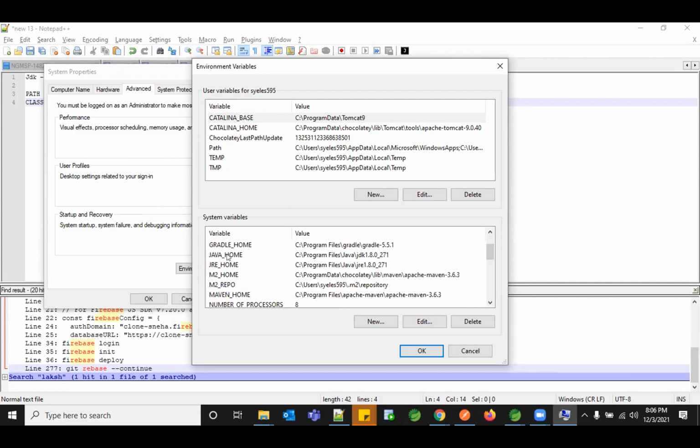So what is this JAVA_HOME? Why do we need to create it? If you're having multiple versions of JDK, there might be a conflict by the system as to which version it should execute. If there are compatibility issues, we might face a conflict in executing the source code or program you write. So it's always better to create one variable as JAVA_HOME and mention which particular JDK you're going to point to.